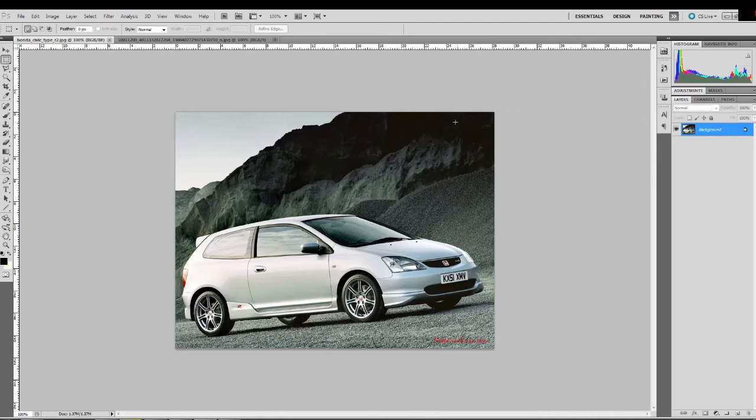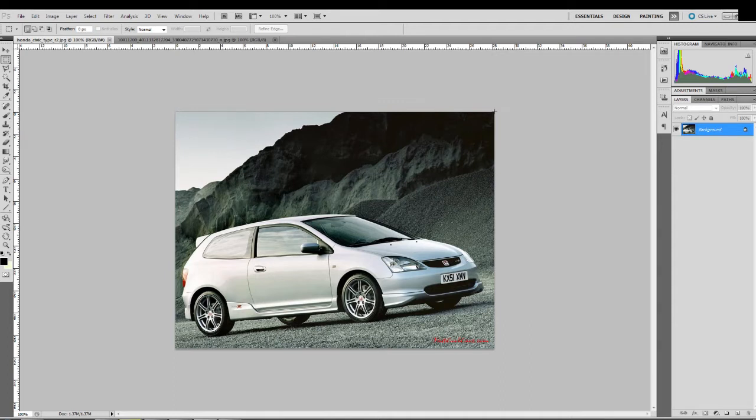Okay, so this is a tutorial on how to Photoshop vehicles. This is a tutorial specifically for the MightyCarMods Photoshop fan page, but the techniques in this video can probably be used for a number of things. These are just basic techniques. This is just basic Photoshop skills, and it could be used on pretty much anything, anything except organic photos with organic material in it, so that gets a bit more complex, but we're not going